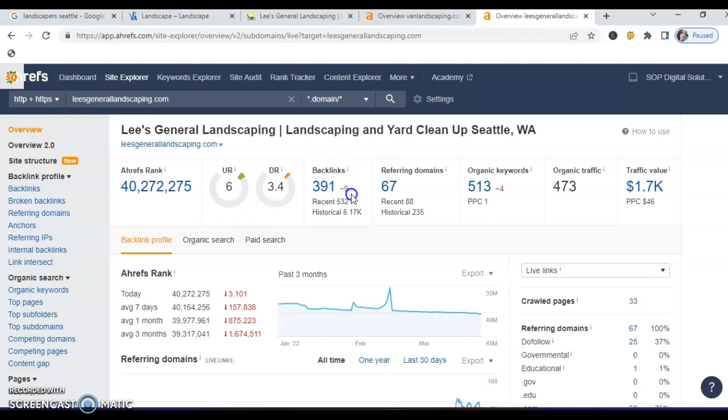Now, what this tells me is the backlinks must not be that powerful, because if they've got that many backlinks, they should have higher ratings than this. So they must have quantity over quality here, and that's not the way to go. They do have 513 organic keywords sprinkled throughout their content, which is great. And what's happening with their overall picture is they are getting an organic traffic rating of 473, meaning 473 folks a month are searching for Landscape Seattle, and they are clicking on their site,